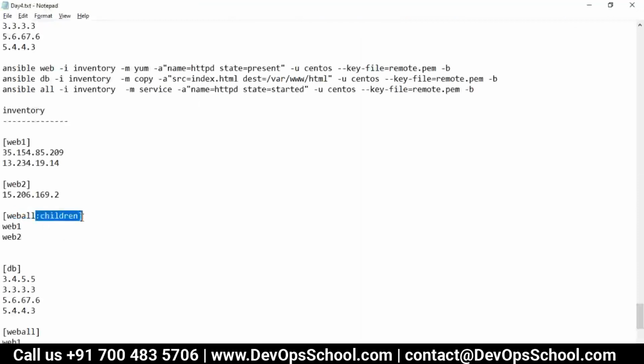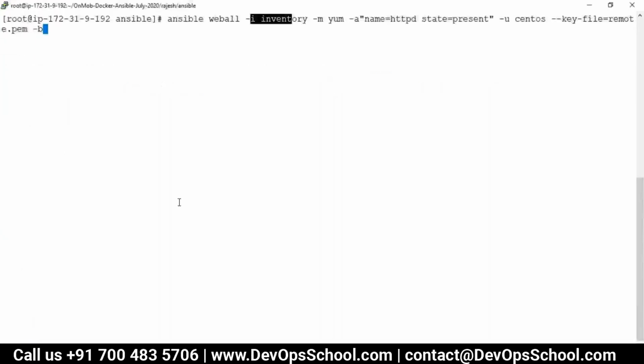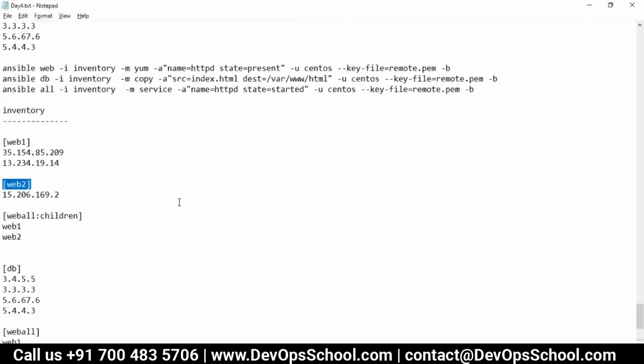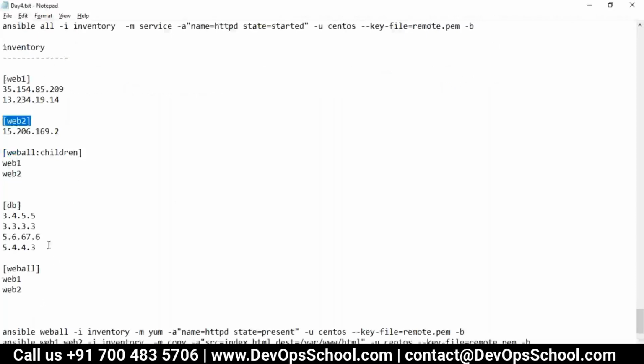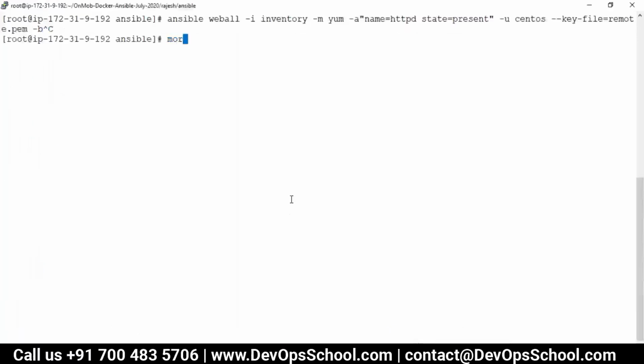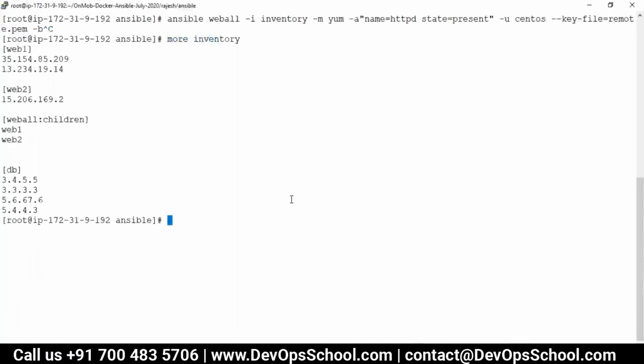The moment they detect this one, they try to resolve this web 1, web 2 as a group. Internally, that implementation happens. Down also you mentioned web all, in the same file. What I am saying is, how is it differentiated? Which one do you want to use? Just a second.